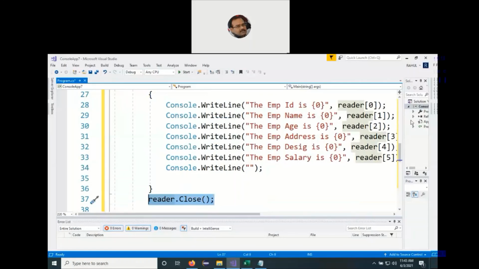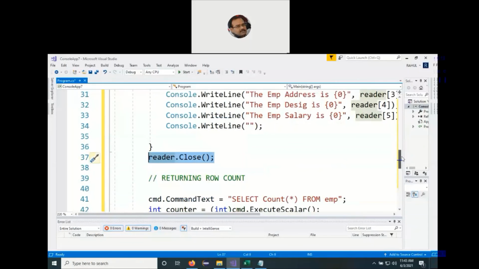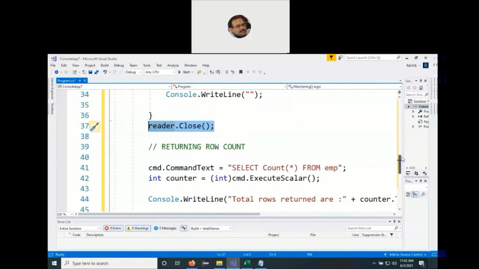Now the second part of the program was, what if I want to find the total number of records in the table of a database. We know the simple SQL query, select count star from and the name of the table. But how to execute it? For that, we make a call to the ExecuteScalar function. Now these are predefined functions. We are just invoking them, we are just calling them up.